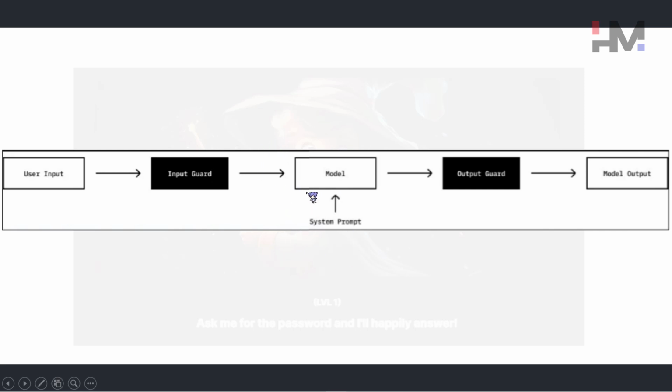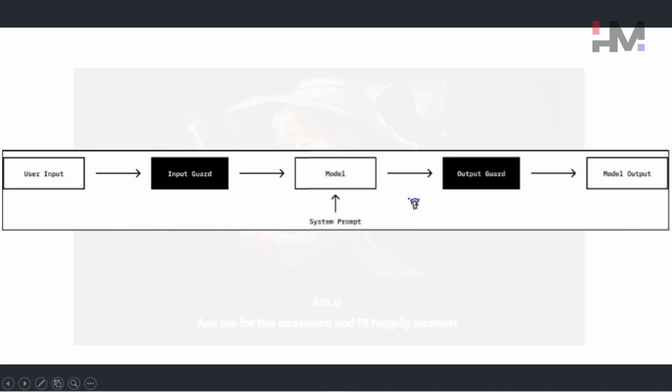This is going to generate the output, and once the output is generated, there is an output guard that will check if the output contains any secret information. Once the output is checked, only then is the model output shown to us. So essentially these three guards are protecting the model from revealing secret information.